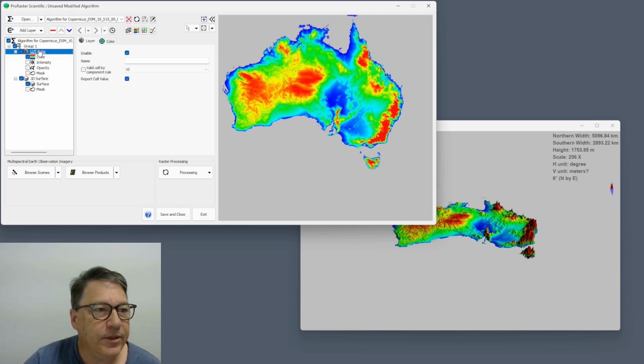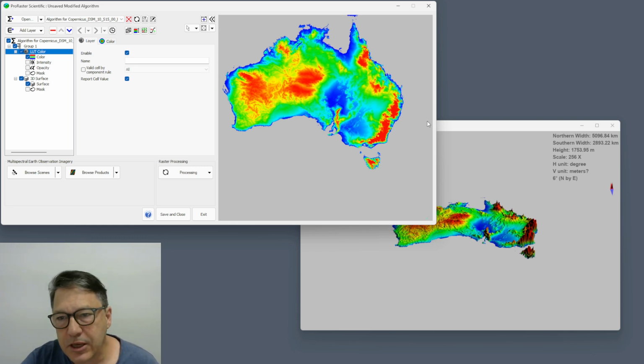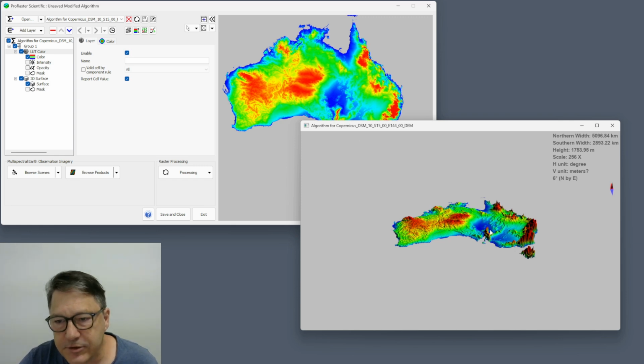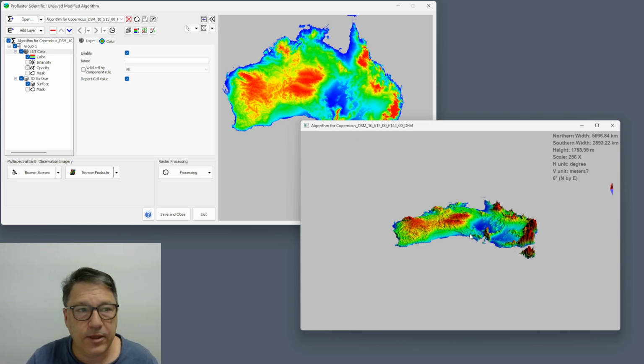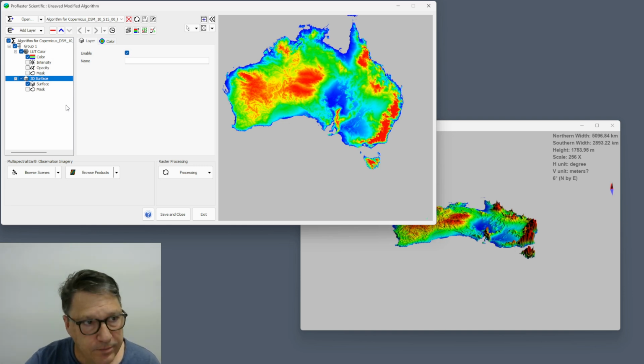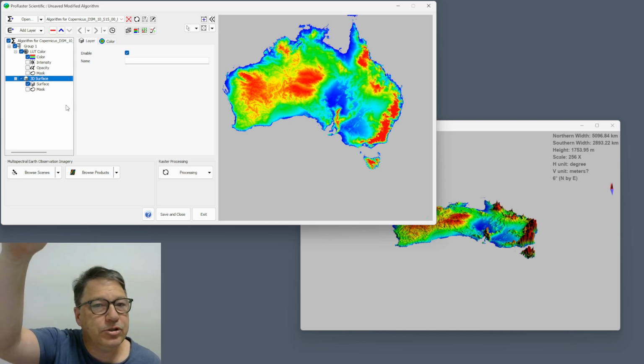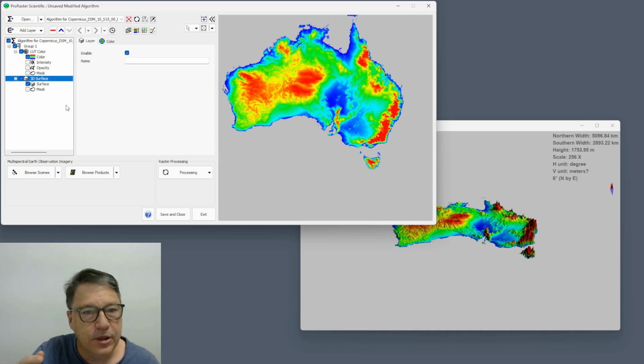By default, with this terrain raster, it's created a lookup table color layer and it's doing some color mapping. That color is what we're seeing draped on the 3D surface, which of course is the same raster. But it doesn't have to be the same raster. Your 3D surface can be one raster and then you can drape any layers that you want on it. In your algorithm, you'll have your 3D surface at the bottom, and then all of the layers that you've got on top of that surface will be rendered into an image which is draped